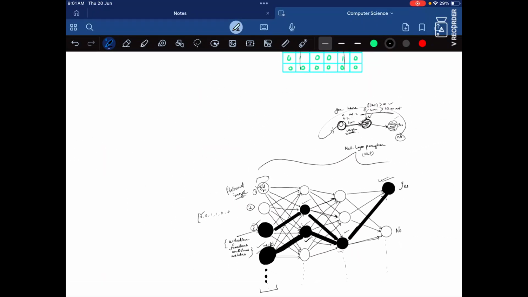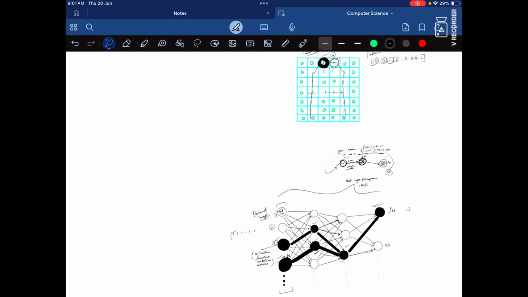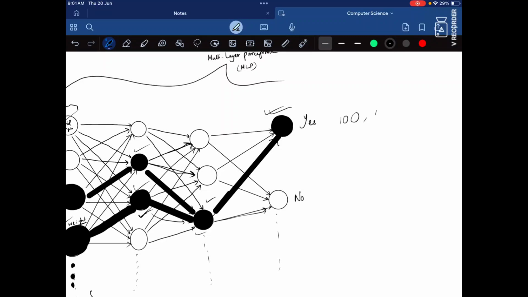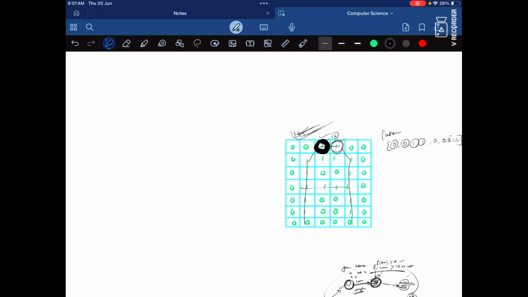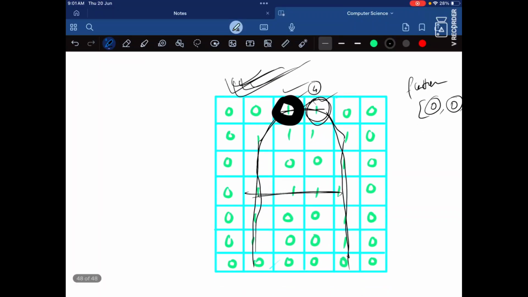And after successful attempts, suppose 100 or 1,000 epochs, our machine learning model finally learns to identify the pattern in this image, and it will generalize a solution which will then identify any patterns from the A. Suppose this is our A, somebody's A might be this, their A might be this.